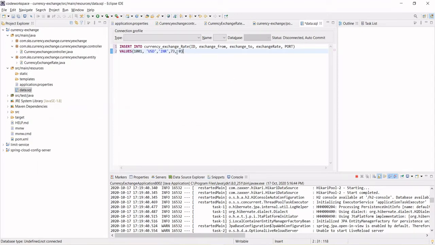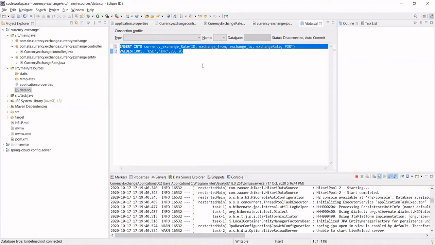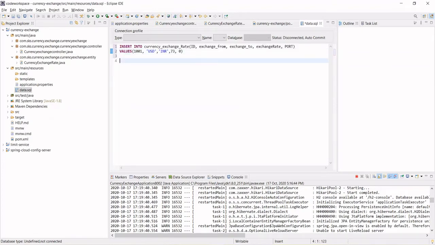Copy this, Control C, Control V. Here we can put USD to, let's say, euro. Exchange rate is, suppose I'm giving 78.